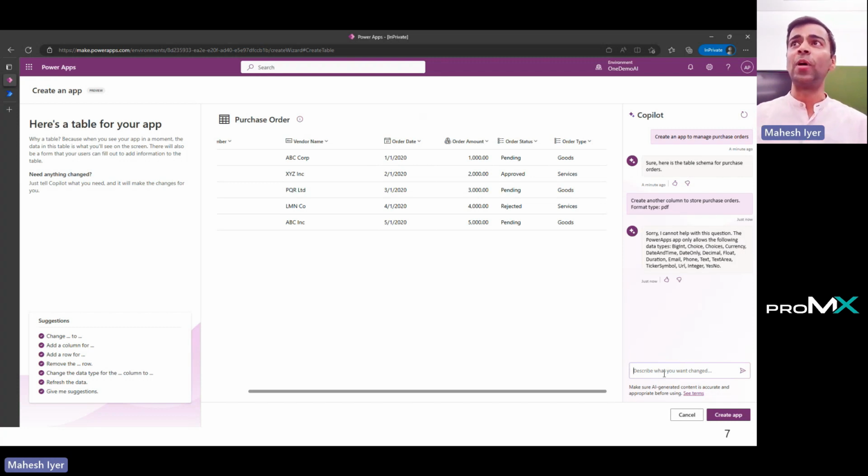Okay, clearly it's not able to understand what I said. And this happens. And that's why Vaidas was saying sometimes it works, sometimes it doesn't. And that's the challenge we're trying to solve. So we want to make sure that the application is getting to 90% accuracy, because that in itself will have a huge impact. Now, let's say I say create a column to